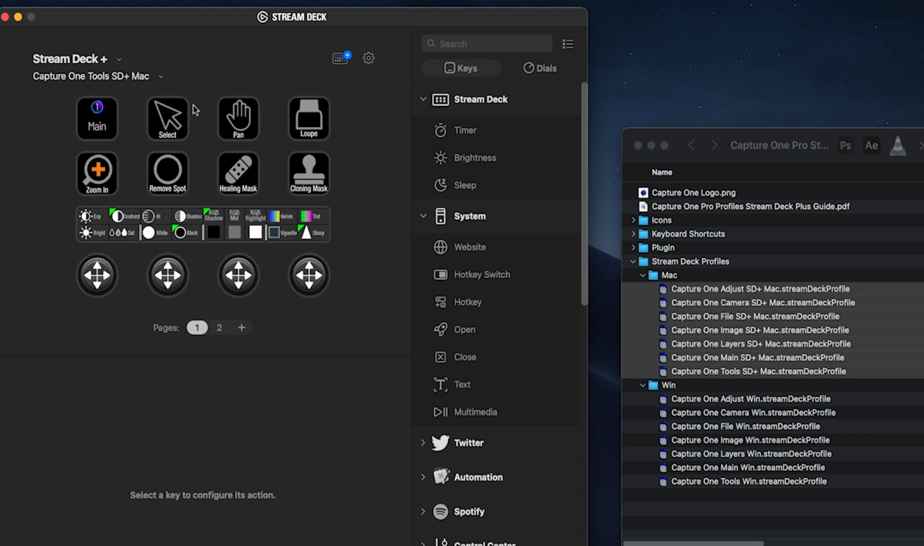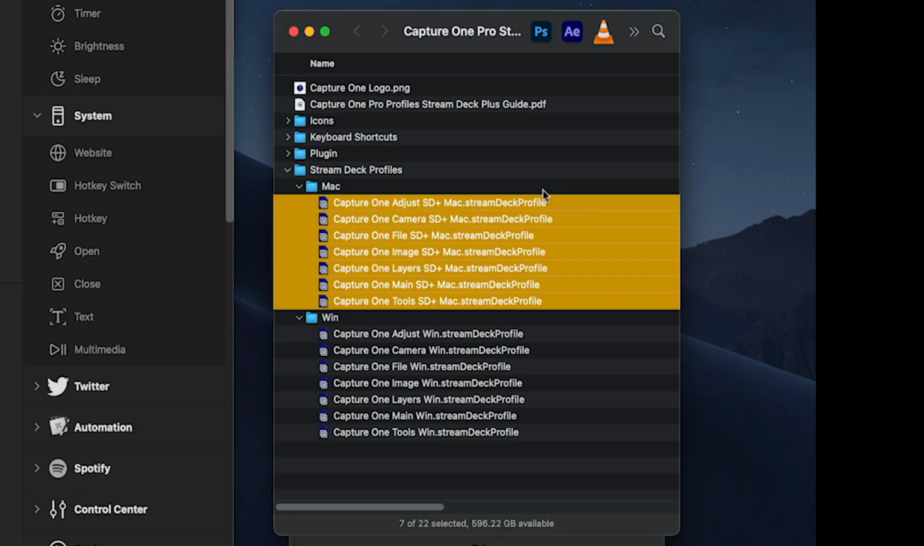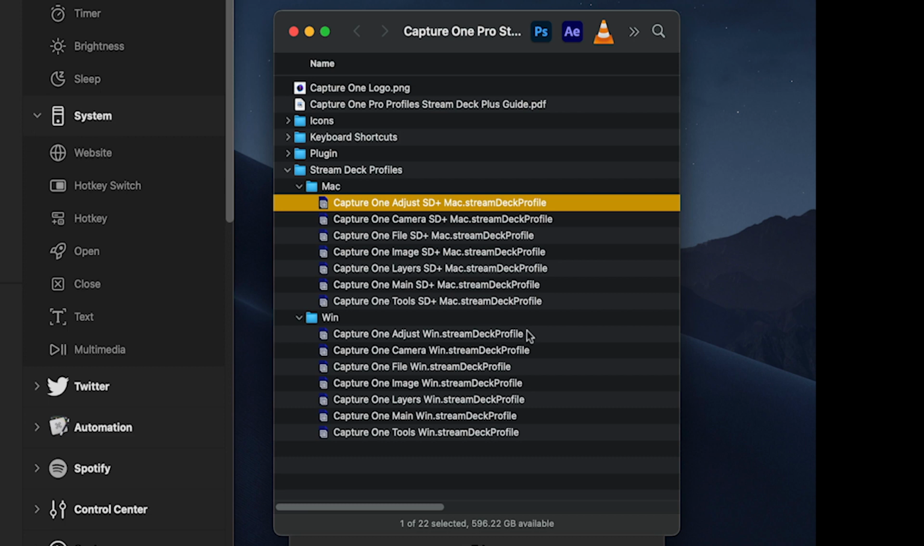Just keep in mind that if you have more than one device, you want to make sure that you got your Stream Deck Plus device selected up here instead of, say, your XL or your 15 key or MK. Now the Windows tends not to work as well doing it that way. You may need to double click each one of these individually with your Stream Deck software open in order to